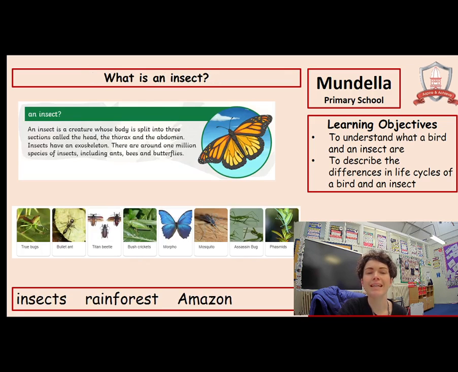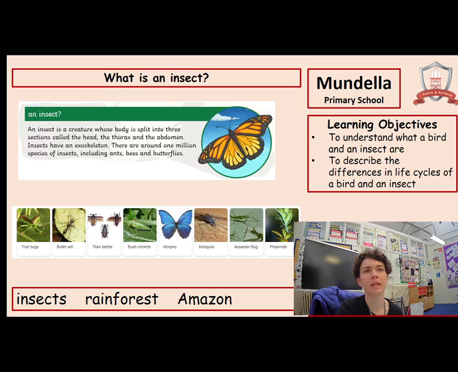Moving on to what is an insect. Now, an insect is a creature whose body is split into 3 sections, called the head, the thorax, and the abdomen. Insects have what's called an exoskeleton. There are around 1 million species of insects, including ants, bees, and butterflies. You might be wondering, what is an exoskeleton? Well, an exoskeleton means that it's got a kind of hard covering on the outside, all right, the outside of